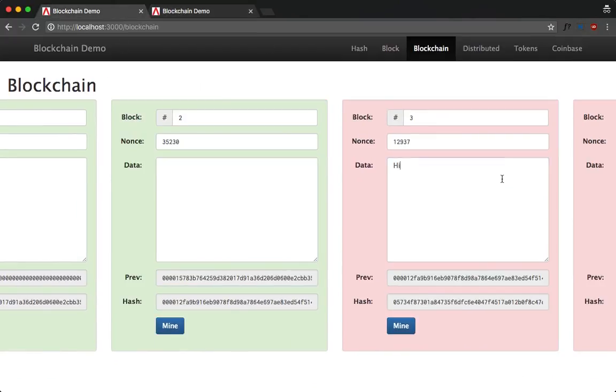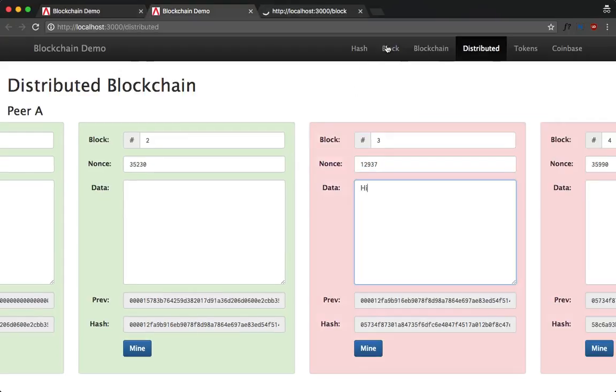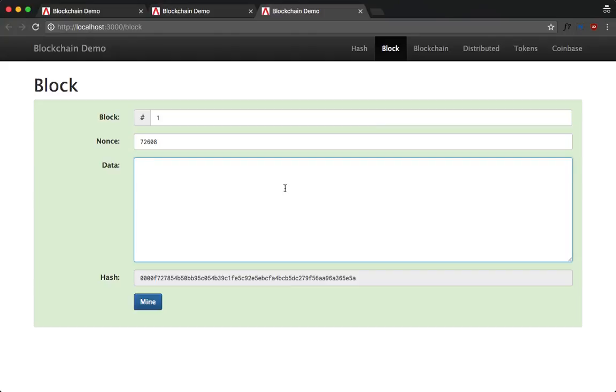There's a process called mining. Mining is the process wherein you find this data. It's called nonce. Nonce is the proof that says that you have done some work to find or create this block. So, for example, let's say I say this is a present. This block is invalid until and unless it's mined.